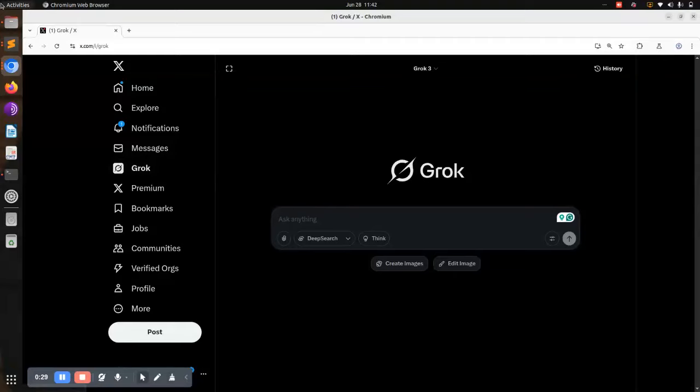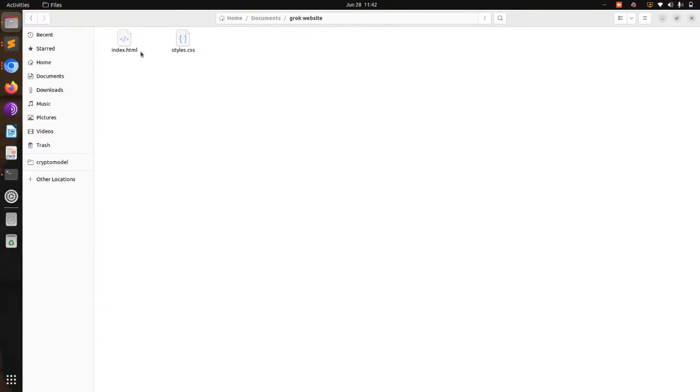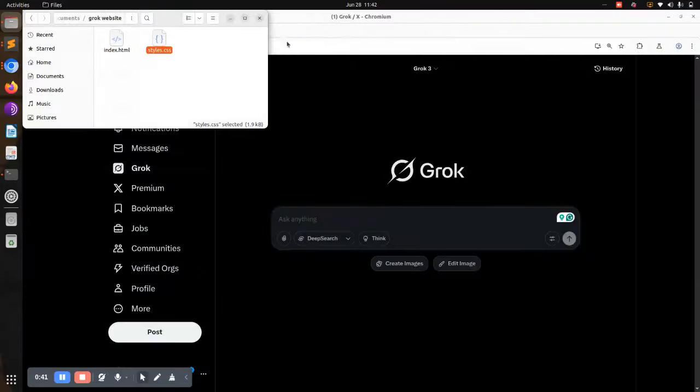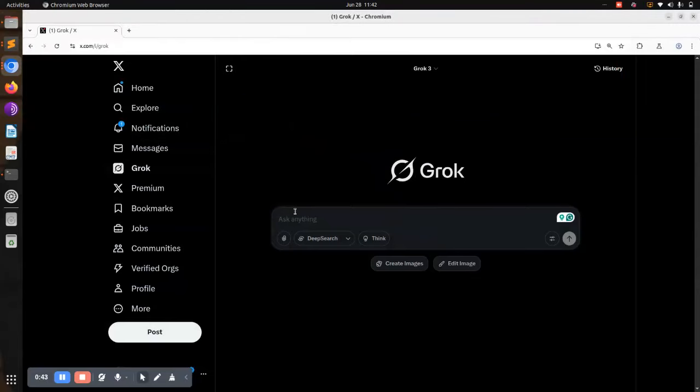In this case, you need to create two files inside a folder. I've created two files, index.html and styles.css, and I've named that folder GROK website. So let's get started. The first thing is I can say